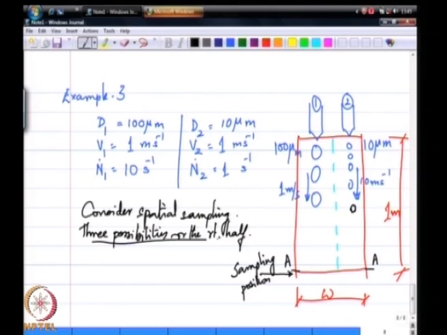Okay. So, the drop is resident in this frame for 1 second, but I am producing only 1 drop per second. Okay. So, if I look at what I will end up observing,